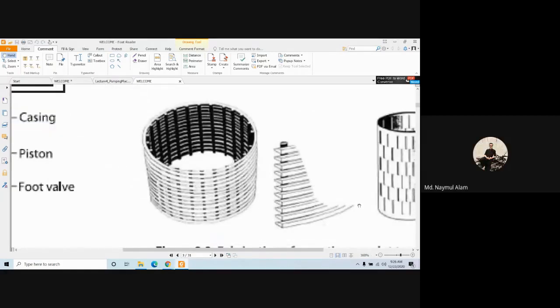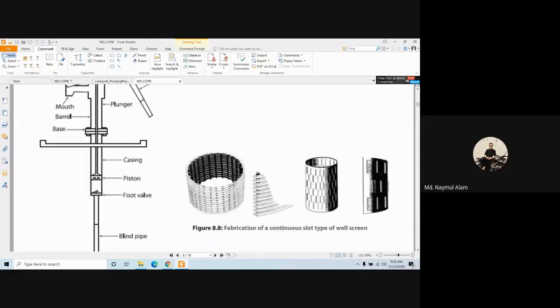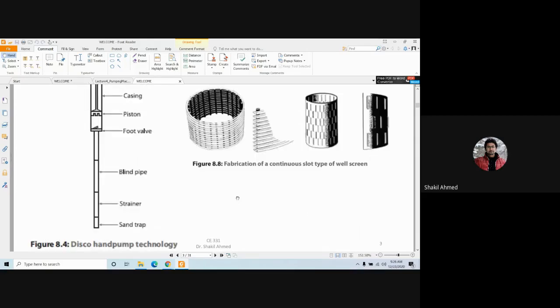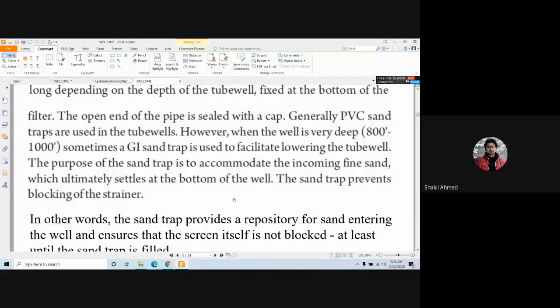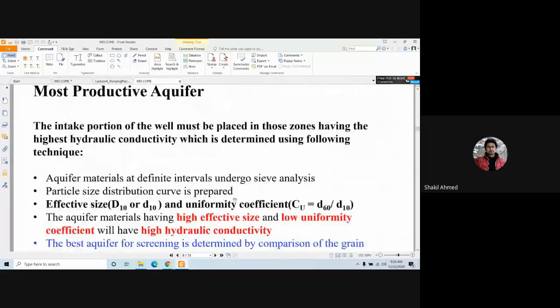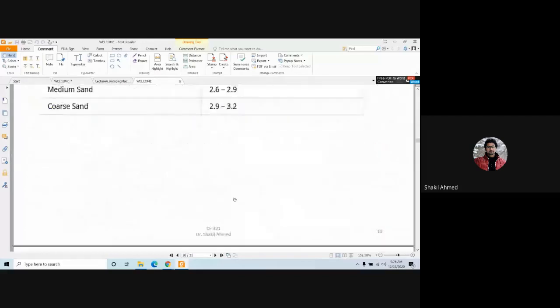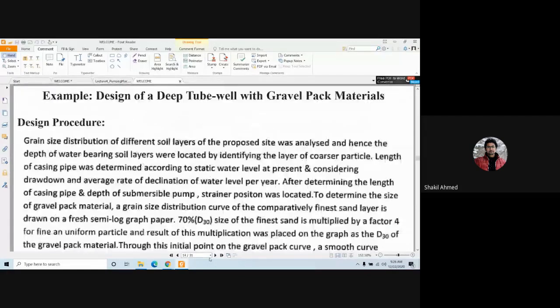Sir, how do we get to know the size of the particles deep inside the soil? Yeah, that's what I'm going to show you. It can be of many shapes. So if we look at the particles,